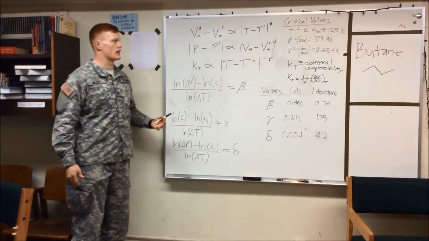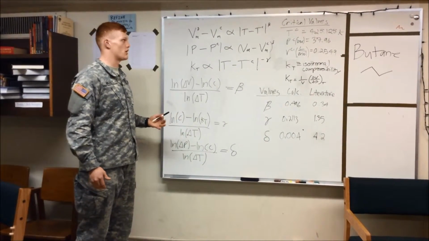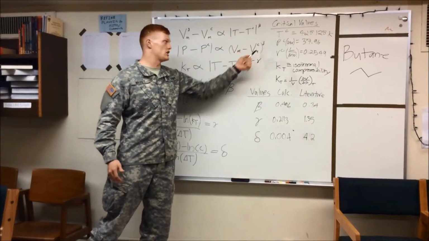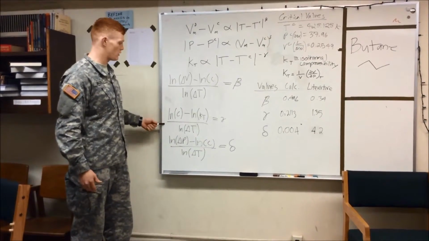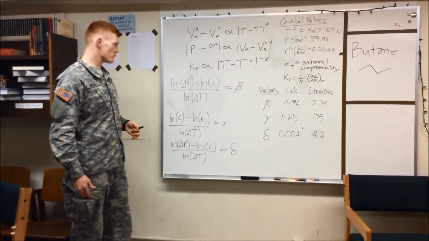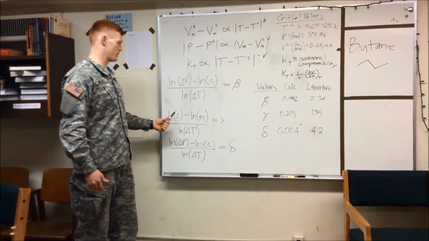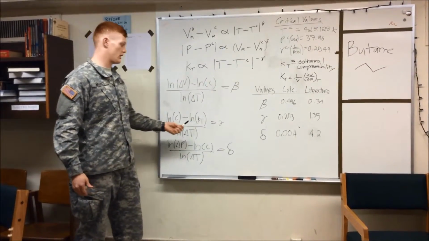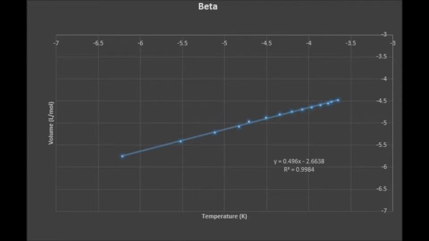So in order to isolate each exponent, we just have to linearize it some way, and we do that with natural logs. And we can bring each exponent down following logarithmic rules, and we end up with each of these equations for each exponent. As you can see, as gamma is negative, it just switches the placement. So pulling data from the NIST site and plotting the natural log of change in volume and the natural log of change in temperature for points near the critical point, a graph is produced with a line, and the slope of that line is our exponent beta,